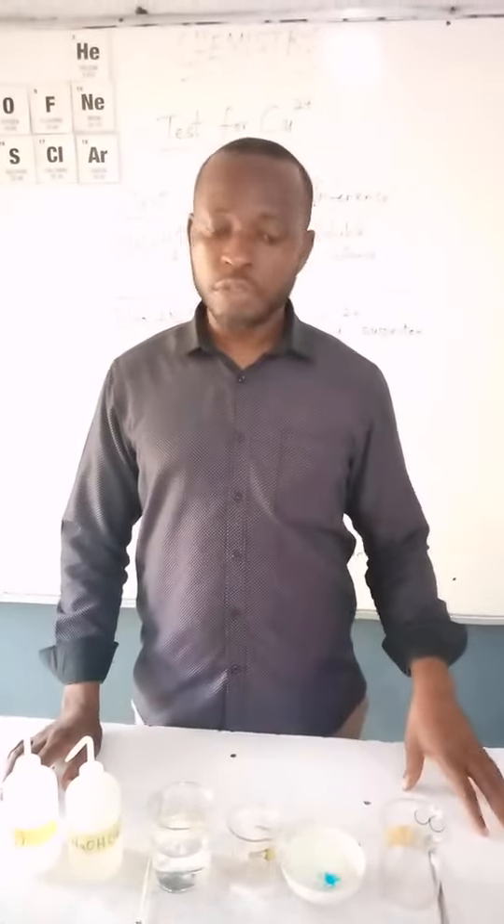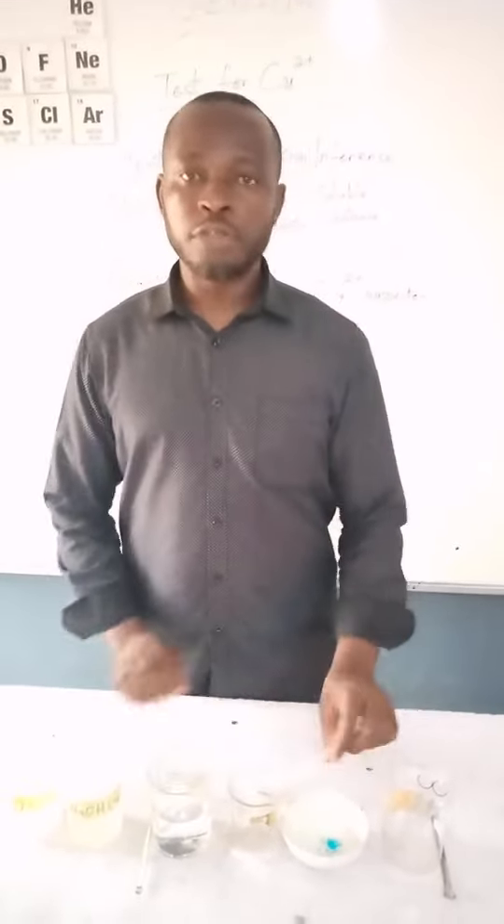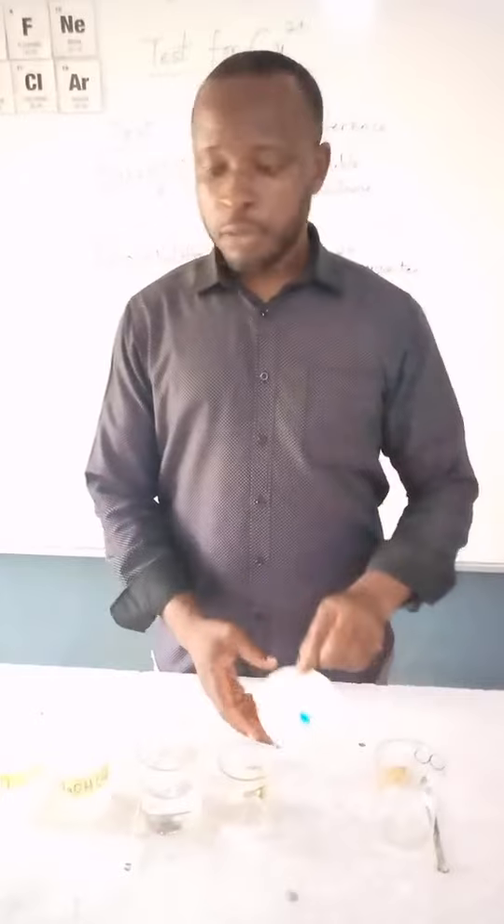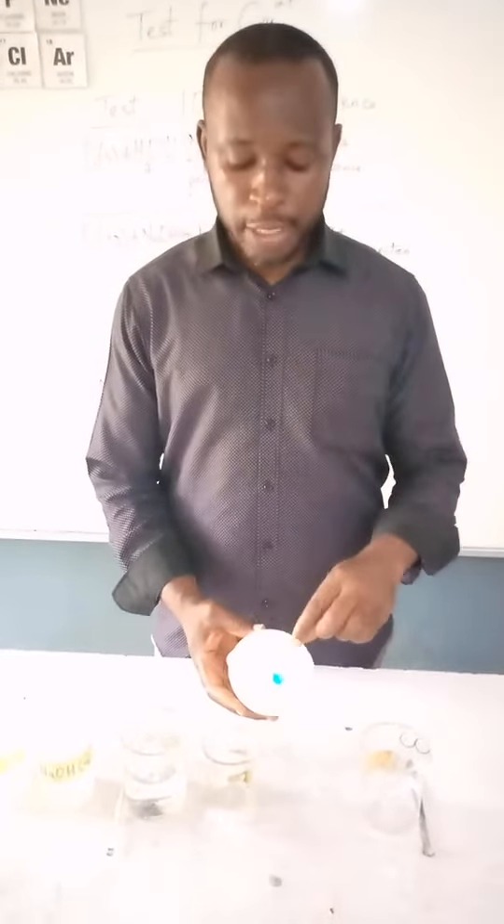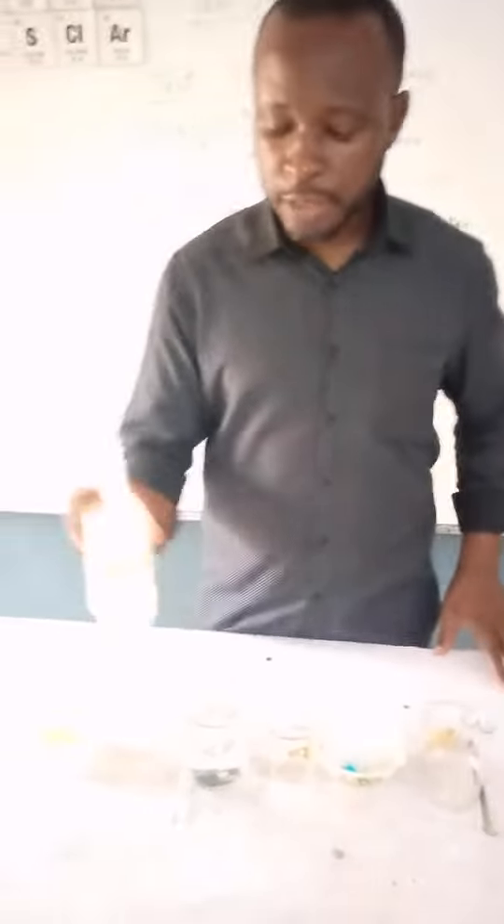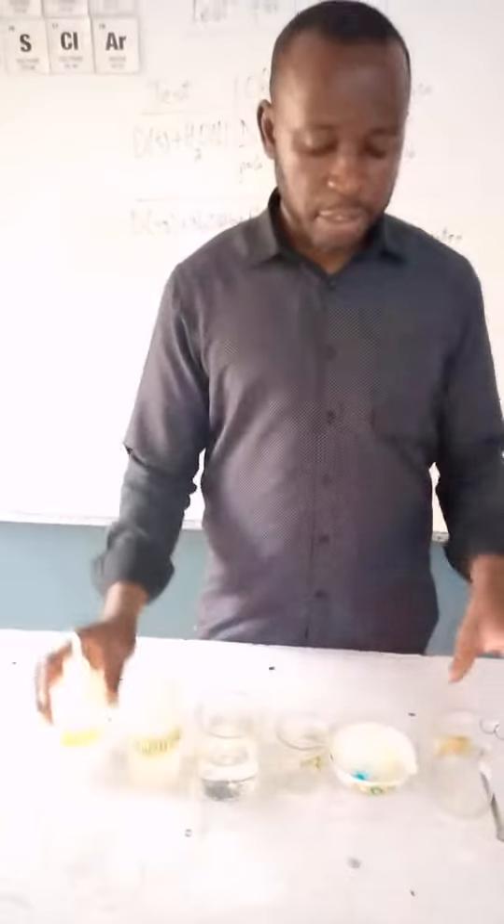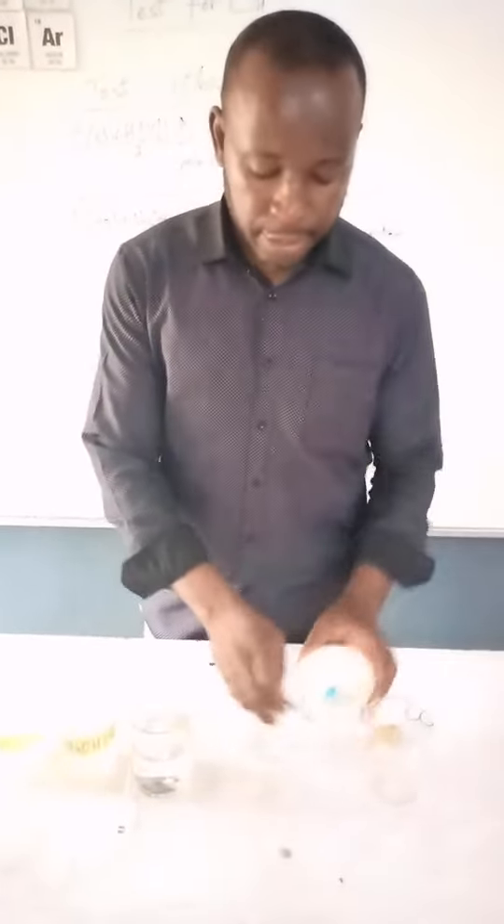The lesson for today is on the topic test for copper 2 ions. To test for copper 2 ions, you need a sample which contains copper 2 ions, like this one here, the sample D. You also need the reagents, sodium hydroxide and aqueous ammonia. And to start, you have to put the sample into a beaker like this,